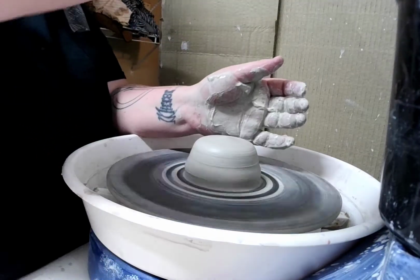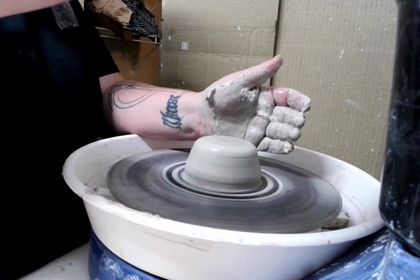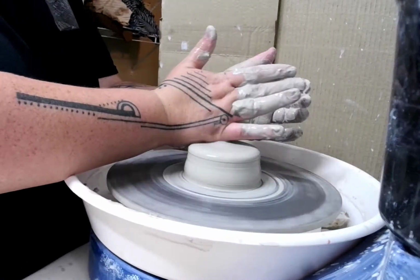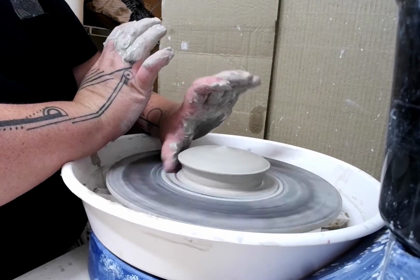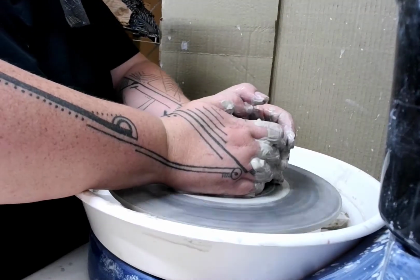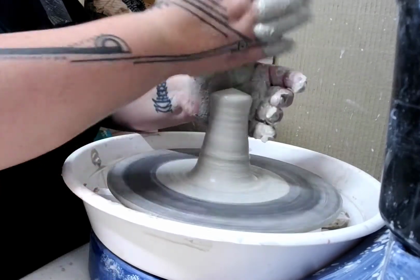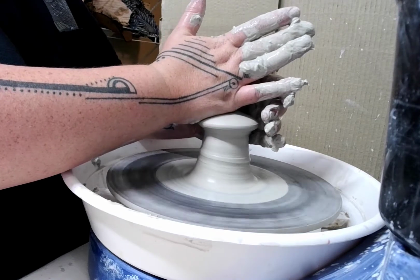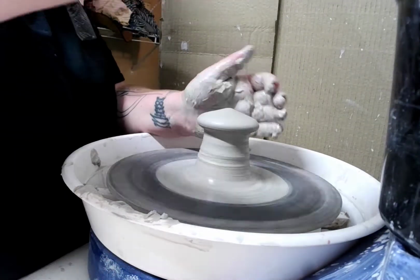What will mushroom is when you go like this, you know? Like when I go all the way down. See how it created a nice little thingy right there? So if you went like this, you're for sure gonna mushroom that clay. Looks nice, but